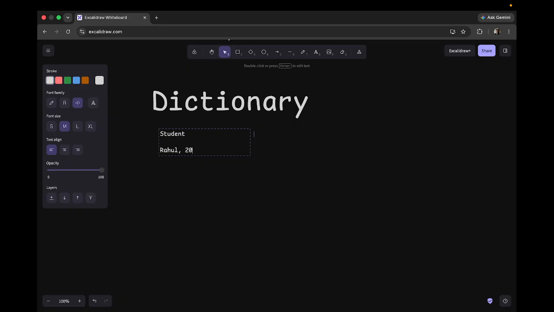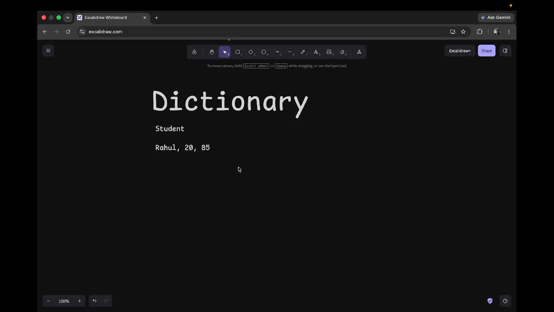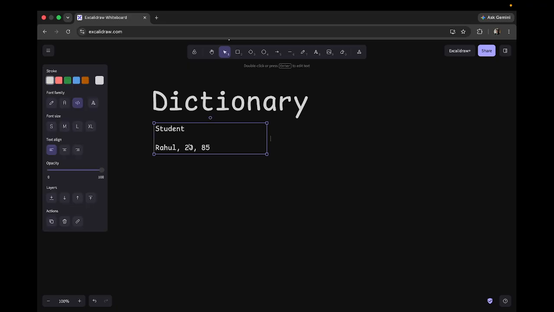Rahul, 20, 85. And if I ask you what is the age of Rahul, how much marks he scored, will you be able to tell it just by looking at this? Probably not. It is not easy to tell by visual inspection because it does not have any label attached to it. So instead of this, if I